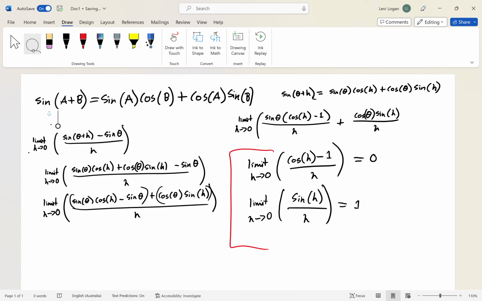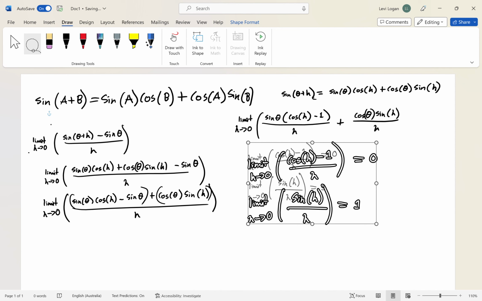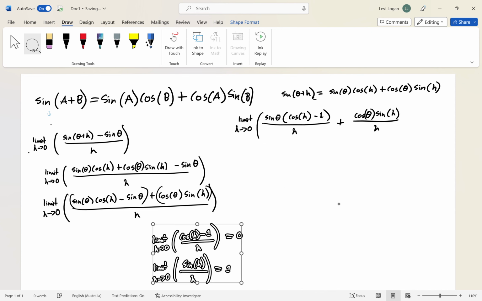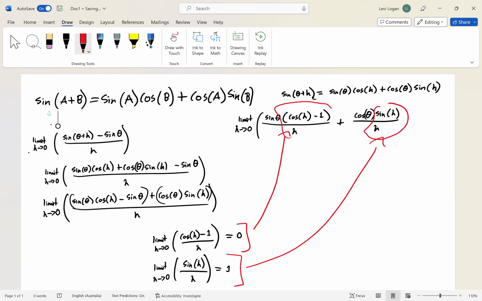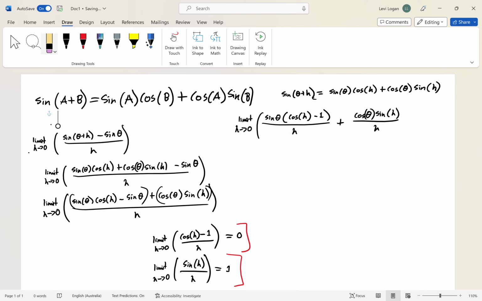Okay, so keeping those in mind, I'm just going to move them to the side so we can still have them on our screen. Alright, so if these limits are true, we've got one of the limits up here, and we've got this second limit up here. Can you see that? Those are the limits down there. So if we just substitute what they're equal to, so if we just take out our sine,